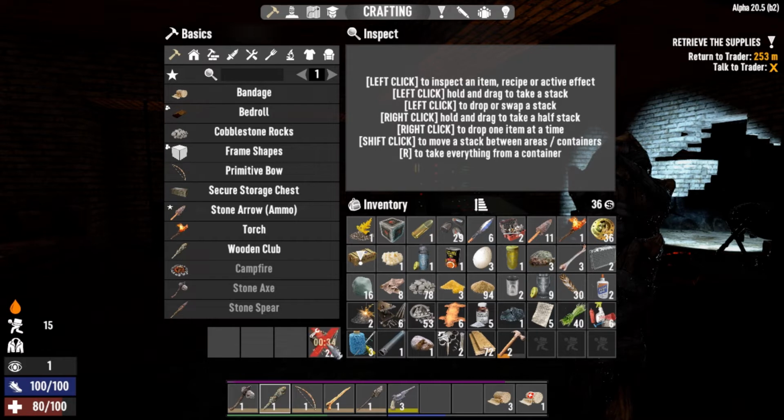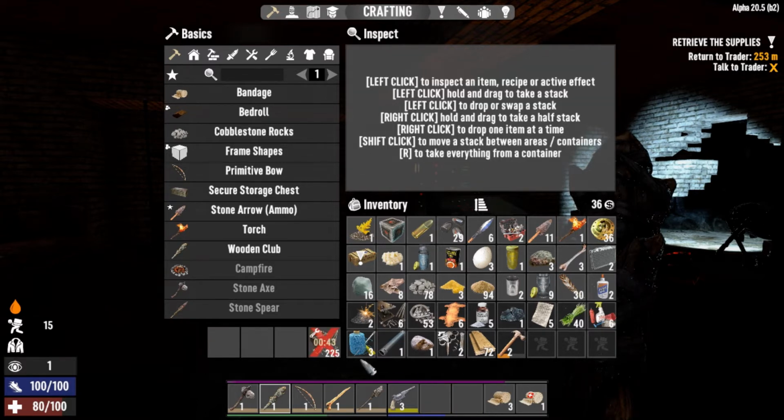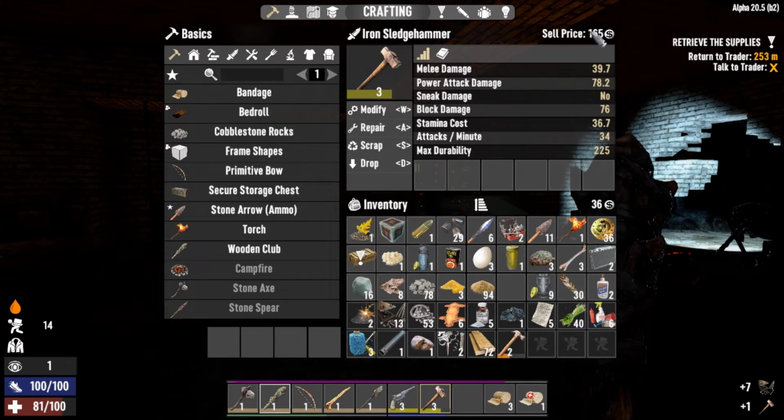If you want to cancel it, hit the red X, and you get your item back, whatever it is, at whatever durability and health it was. I'm going to let that go. It's going to start at 445 down to 0, and then we're going to go from there. So early game, I'm going to try to keep as much stuff as I can to sell. What does it sell for? This thing sells for 165. I'm just like